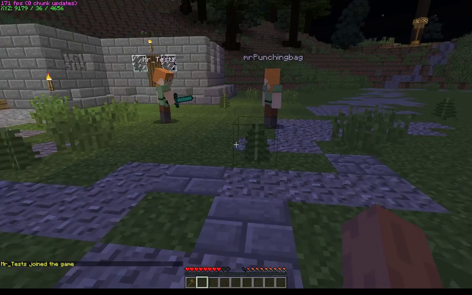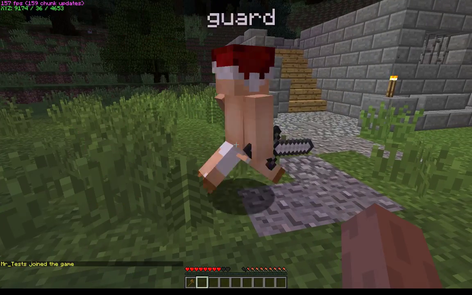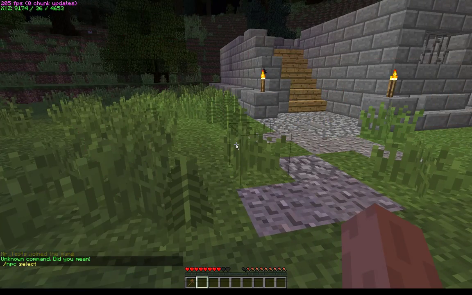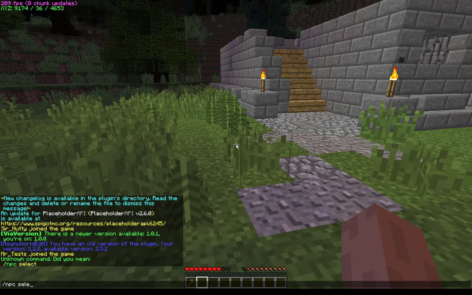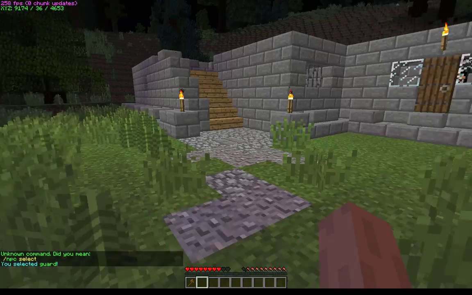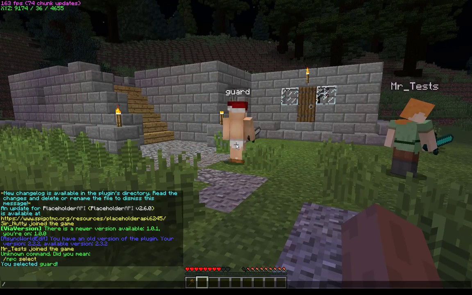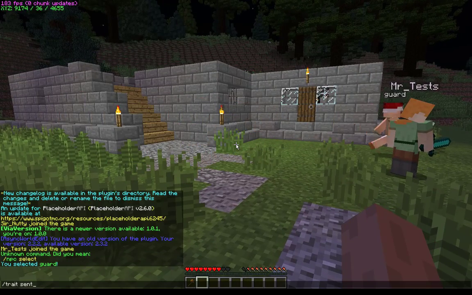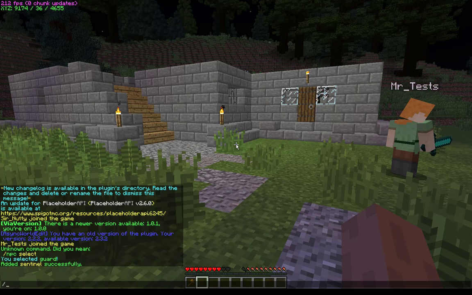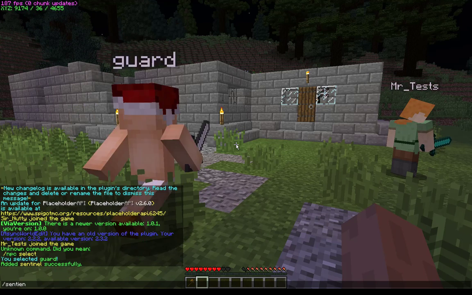Now, what we need to do is select this guard. Alright. And you're going to want to go in here and put in trait sentinel. I can't type, I'm sorry, I'm tired. And then with sentinel,